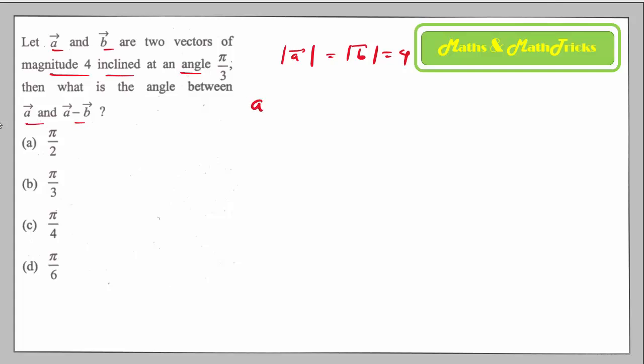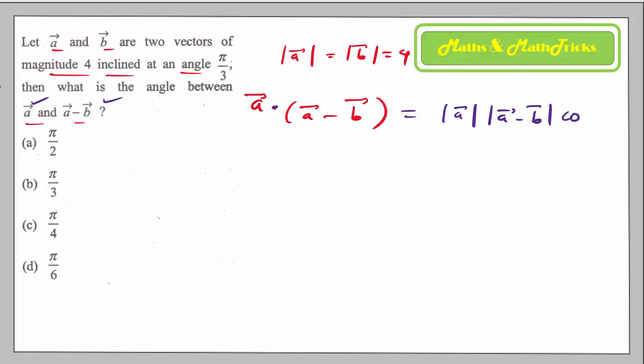You know that the angle between any two vectors you would determine with the help of dot product. So now you want the dot product between A and A minus B vectors. So what would be the dot product between these two vectors? It will be magnitude of A, magnitude of A minus B, cos of angle between them, and theta only we have been asked. But in this, what is the problem? We know only magnitude of A. We don't know magnitude of A minus B.